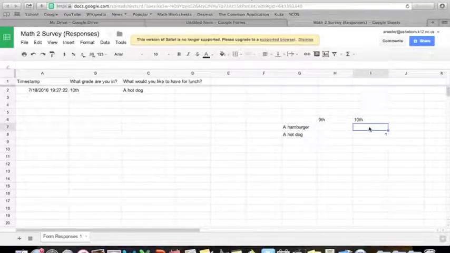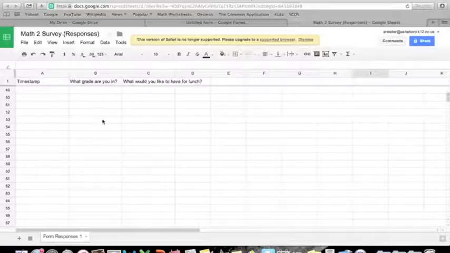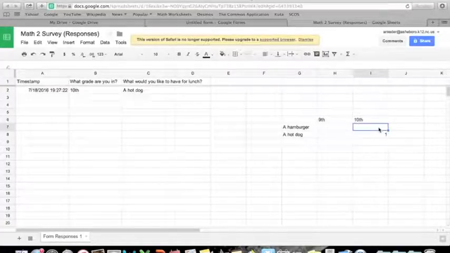It looks cumbersome. It really does. But once you get the hang of it, it goes quickly. And keep in mind that if you have 90 students, you don't want to have to count all that all the way down. I'm trying to scroll back up. My computer's a little slow right now. So equals COUNTIFS,